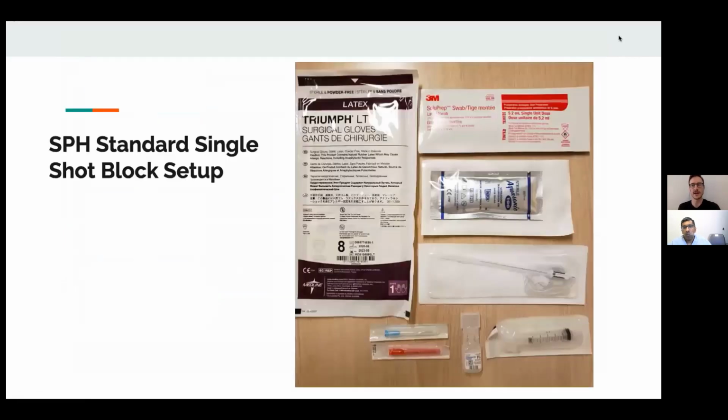So here's how we set up for a standard single shot block. What we'll typically do is we have our sterile gloves. We'll position the patient, expose the site that we're interested in. We'll open up our gloves, and then on the sterile paper, as you open your gloves before you don them,